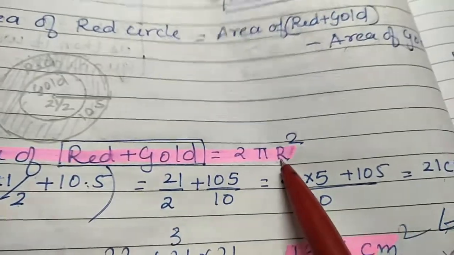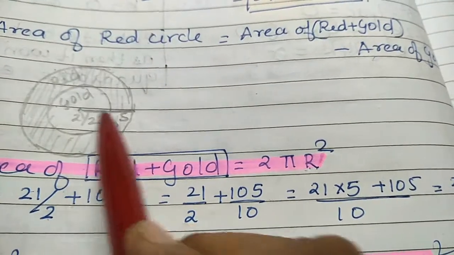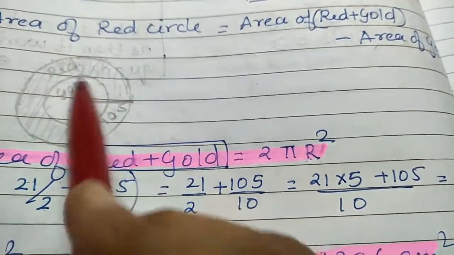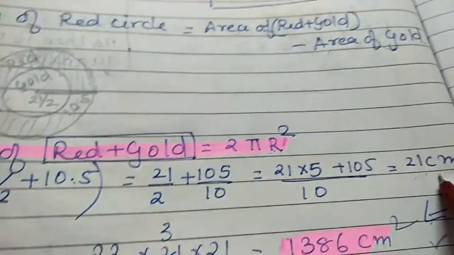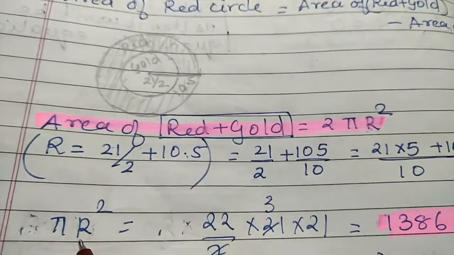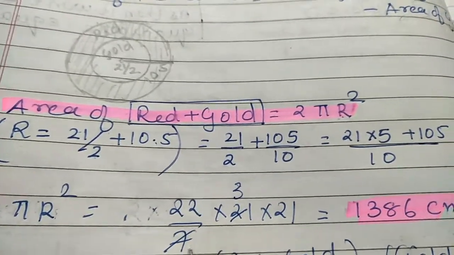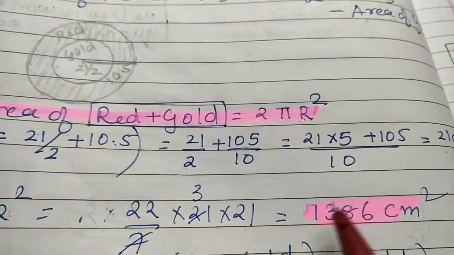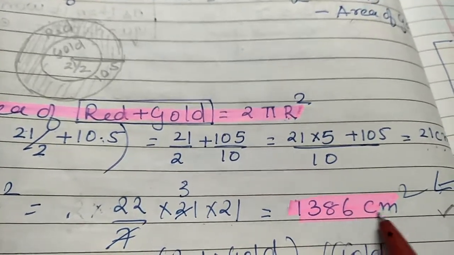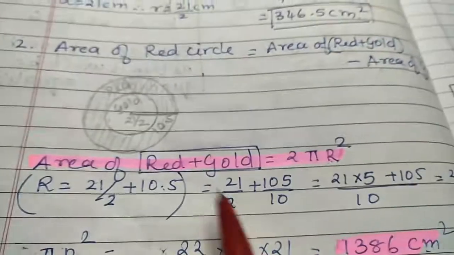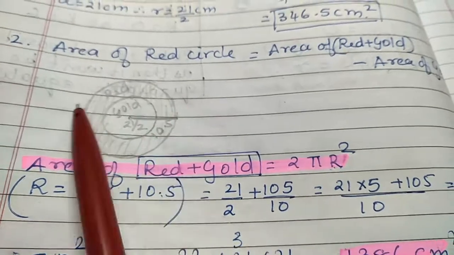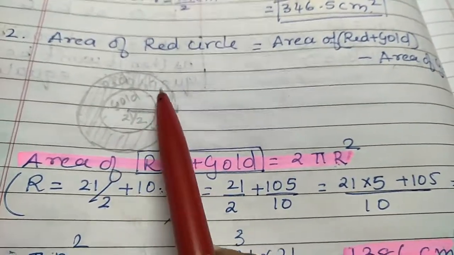So we get the radius from here to here, of the big circle. How much is it? 21 centimeter. Okay, now putting it in the formula, you get 22 upon 7 multiplied by 21 multiplied by 21, that is 1386 centimeter square. Now this is the area of red plus gold, the complete area, but we don't want that, we only want this